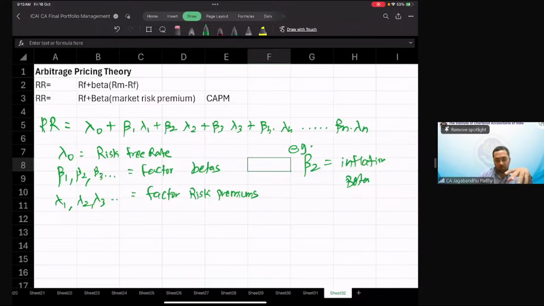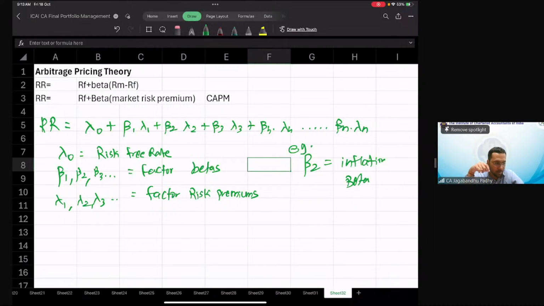Now, of course, implementing this model is a bit of a challenge. Theoretically, this model is extraordinarily efficient, because we're trying to capture all the different risks a particular company faces. But when I want to implement this model, forming this equation is a difficult task. You cannot do it in pen and paper mode. You need specialized software for that. And even after using software, it's difficult to implement this because